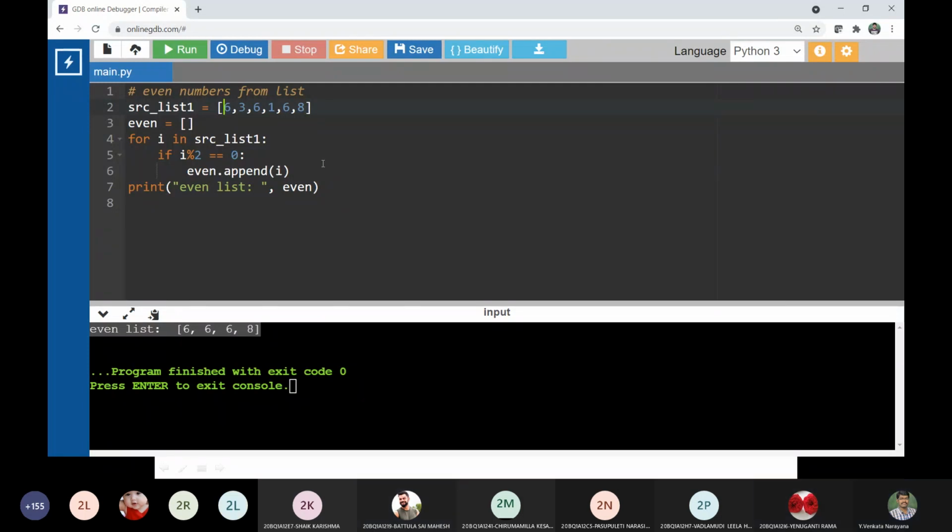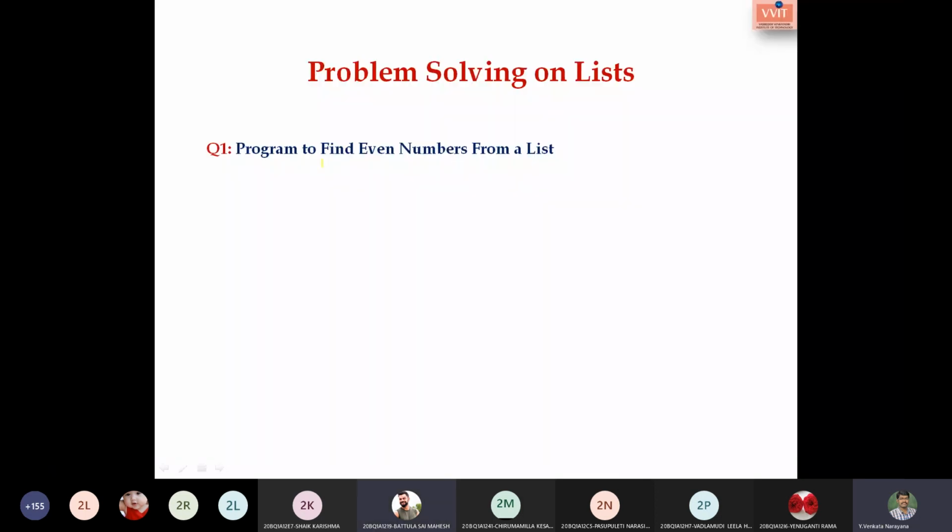So I would like to give another question. Interchange of first and last element from the list. So I will ask a random number. Please don't speak. With whom I am talking, only that person has to speak. So let it be a number A1.